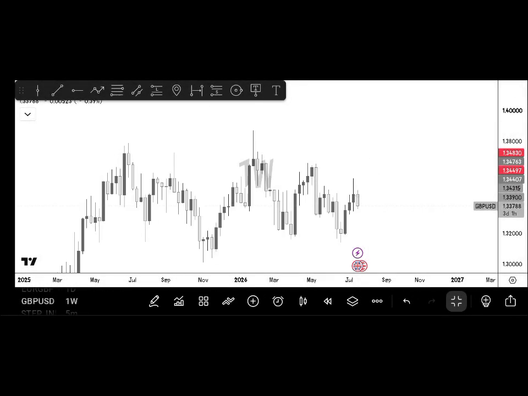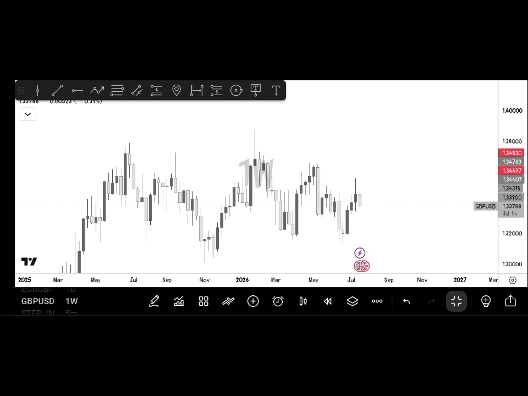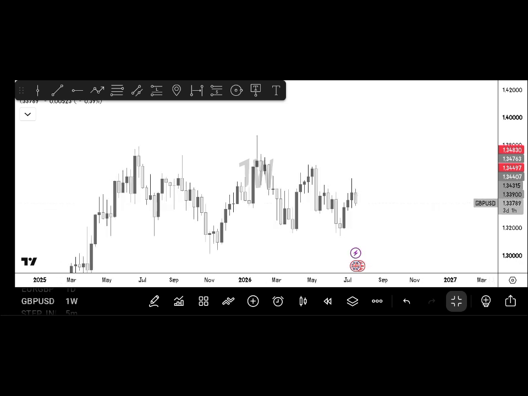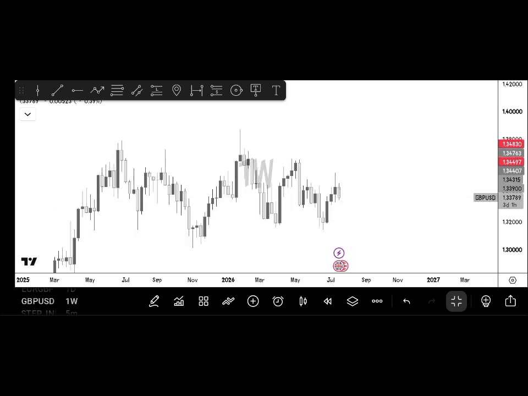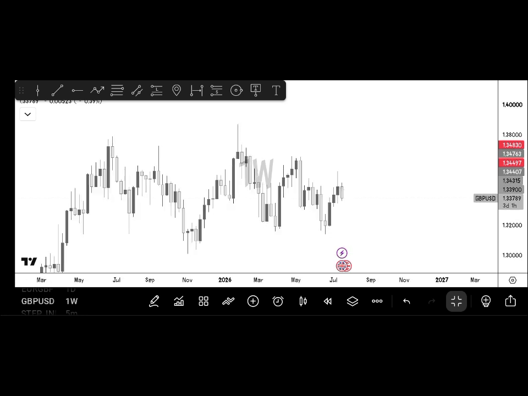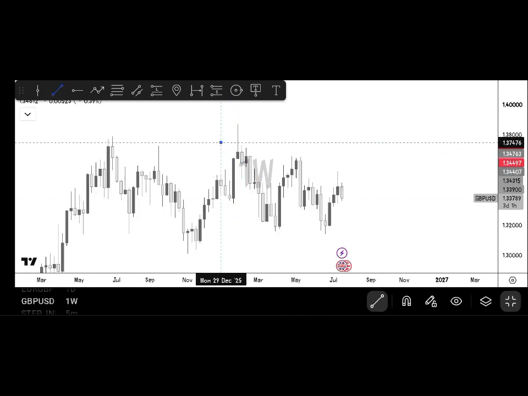Now coming to the chart, we are in the weekly time frame. So what we are going to be doing is we want to use price action to know where price will be heading to in the nearest future. So let's see something. You see price coming, giving us this